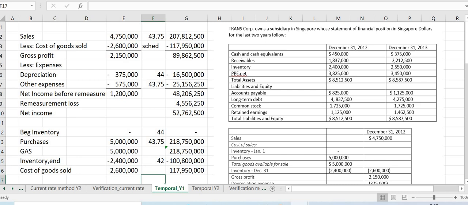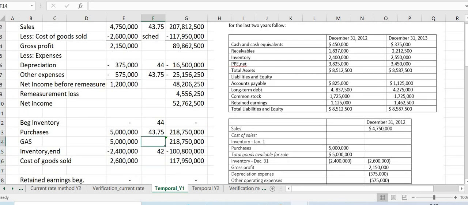So per income statement, we have the computation of cost of goods sold amounting to inventory beginning plus purchases and inventory end of 2.4 million. So we have cost of goods sold of 2.6 million. Okay. Since we don't have a beginning balance of retained earnings, since this is actually the first year,